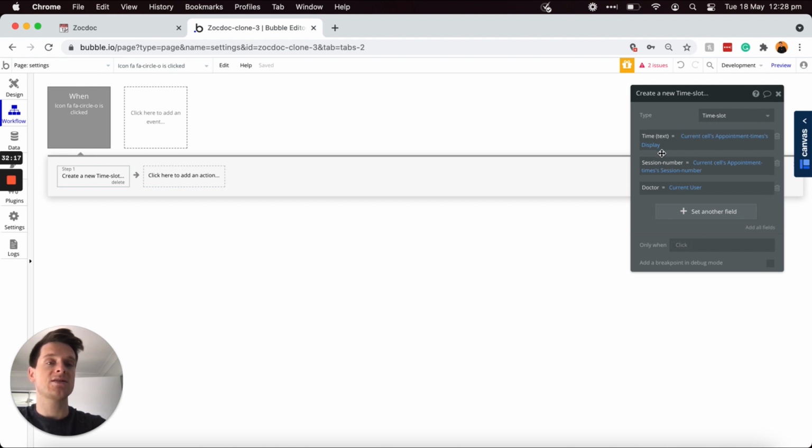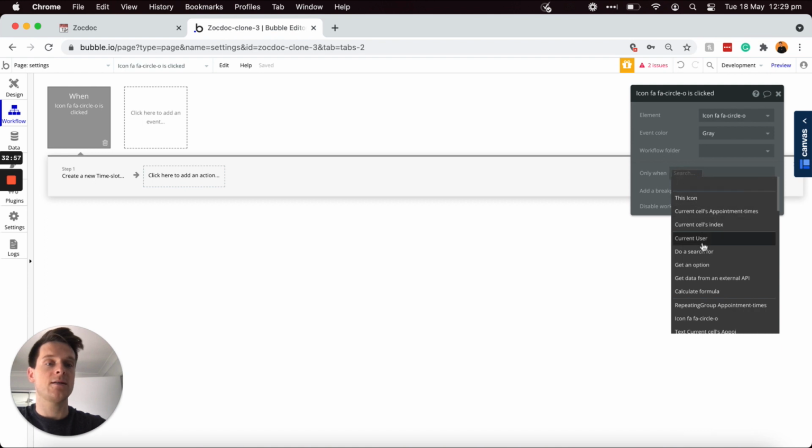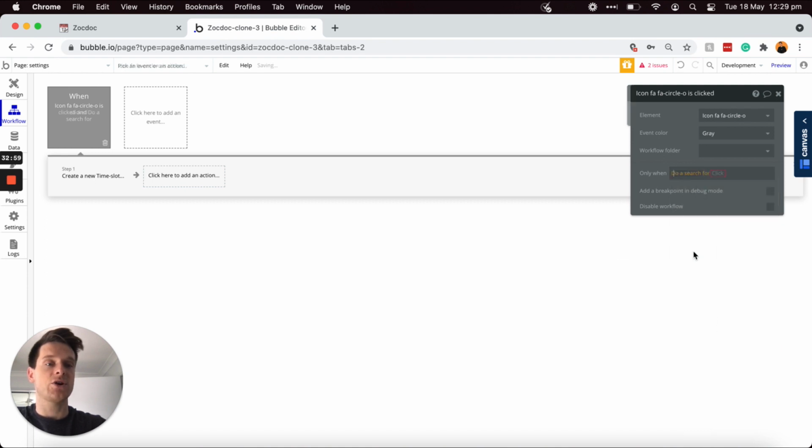So a way that we can stop this from occurring is by adding a condition onto our initial workflow here. So if you select the workflow trigger, we can choose to add a condition. And within this condition, I'd like to identify a rule that only allows this to run when this time slot doesn't exist for this specific doctor. So what I can do is choose to select from only when, and I will perform a search throughout our